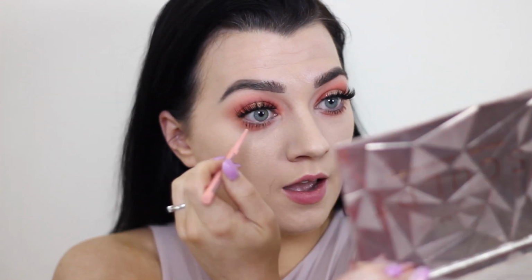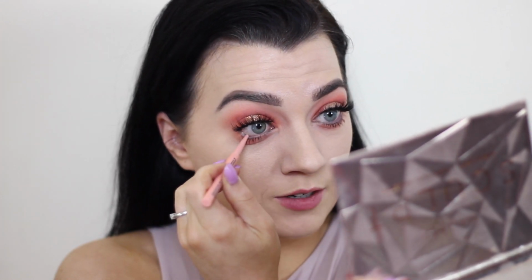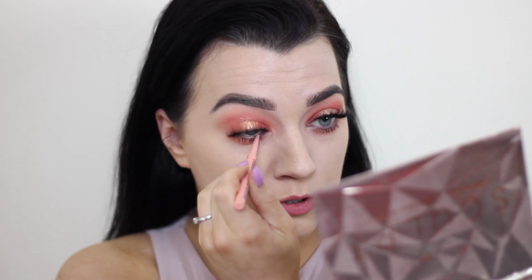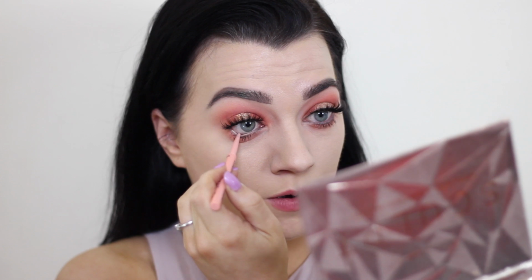But anyway, the eyes, I'm going to be putting a little bit of nude liner on the waterline. I just think it would really make the eyes pop. So I'm using the Benefit Roller Eyebrow Pencil. I'm near the end of this. I love it so much. I just feel like it really makes my eyes pop. Normally these type of liners just don't show up on my waterline, but I feel like this one does, and I don't know, is it just because it's like a pink tone rather than a nude, but oh my god,